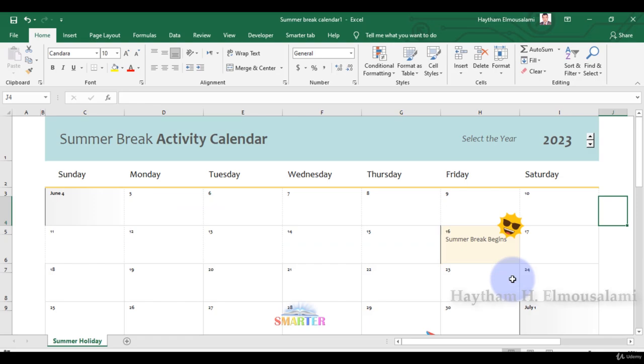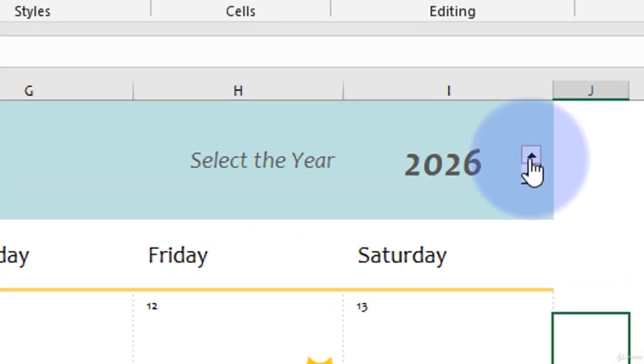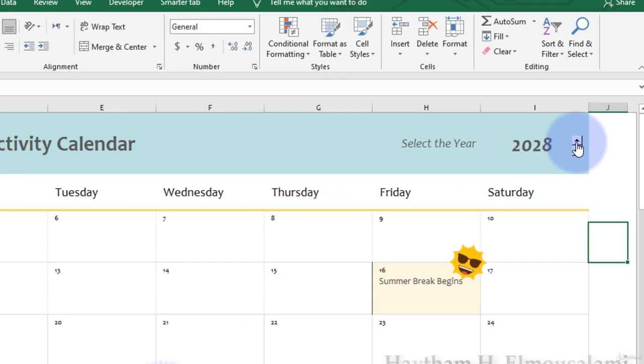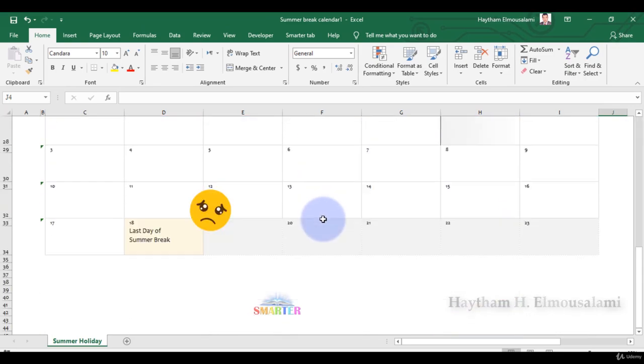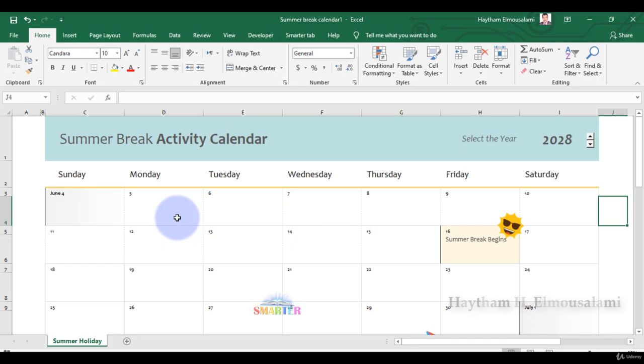Finally, the fourth template here is the summer break activity calendar. This is a heavy and awesome template about the holidays and vacations in summer. So you just have to select the year from here, and once you select the year, you will find the corresponding calendar and summer months for this year. So you just type what you plan to do and what you intend to do for this day. Just swimming